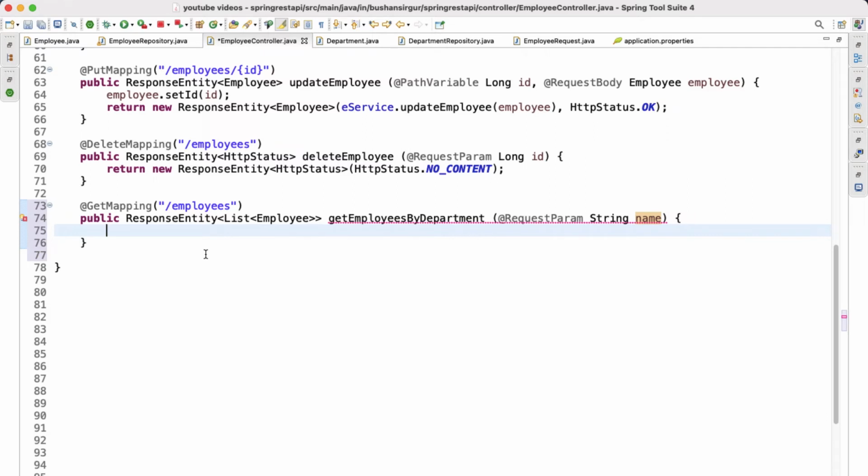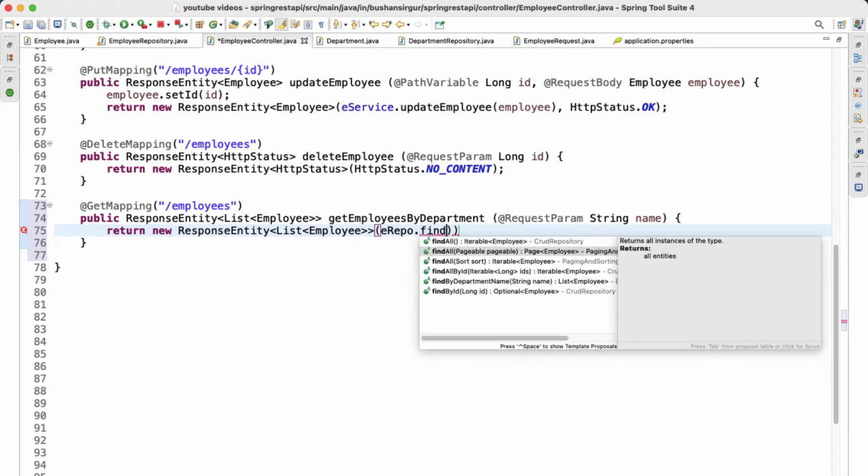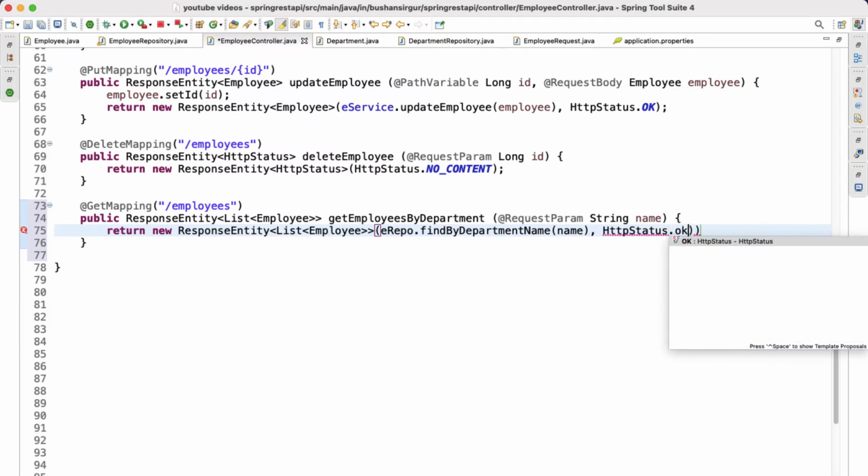Inside this, we are going to call the repository method. So return new ResponseEntity of List of Employee. We call the repository method, erepo.findByDepartmentName, pass the department name, and pass the HTTP status OK.